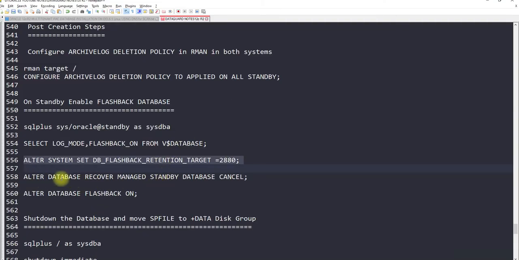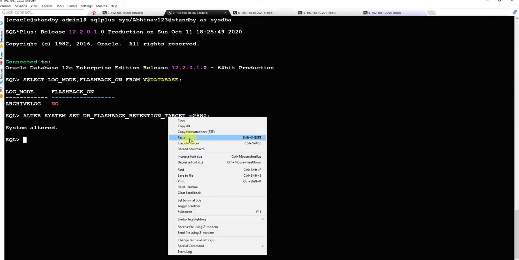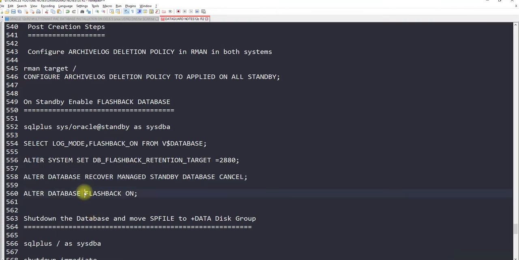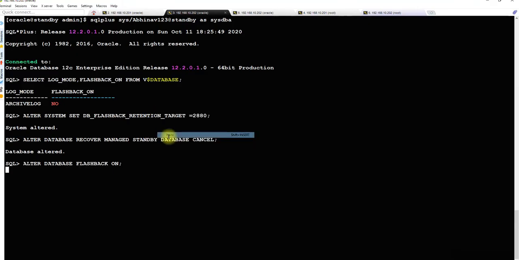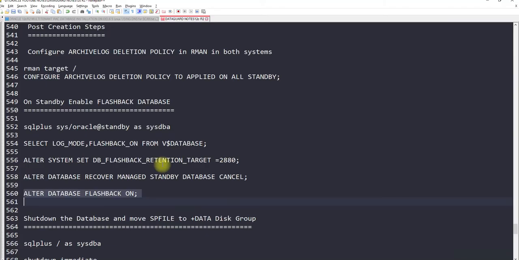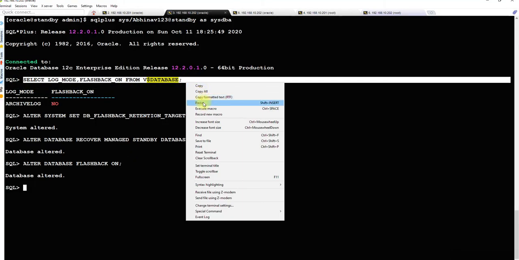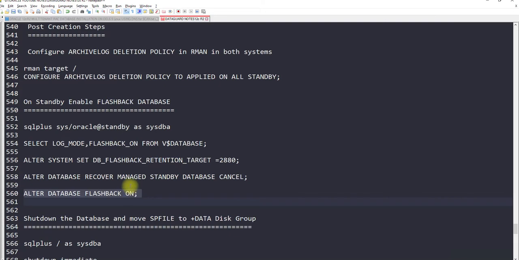Now for any changes for the flashback, you need to stop the redo apply. So you need to run this: alter database recover managed standby database cancel. And run this command: alter database flashback on. So flashback is now on, so it should say yes. So this is fine now.